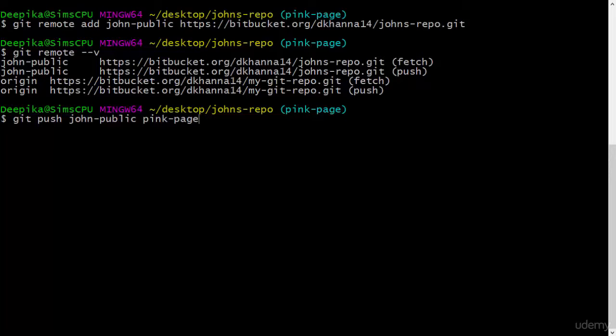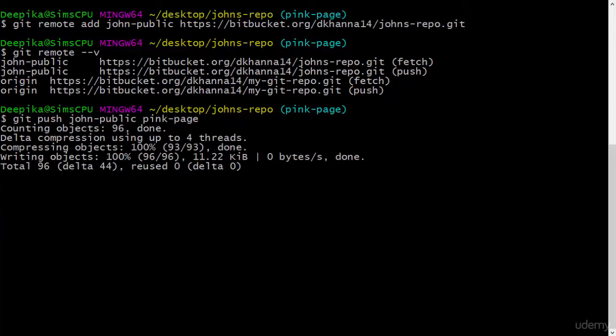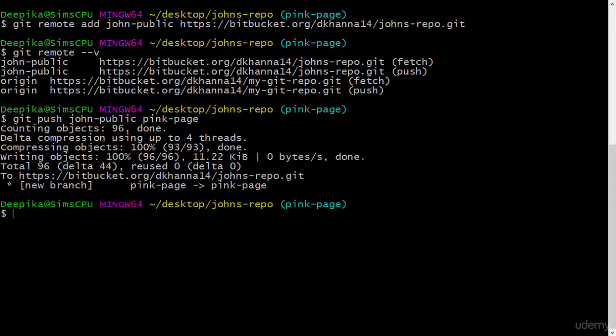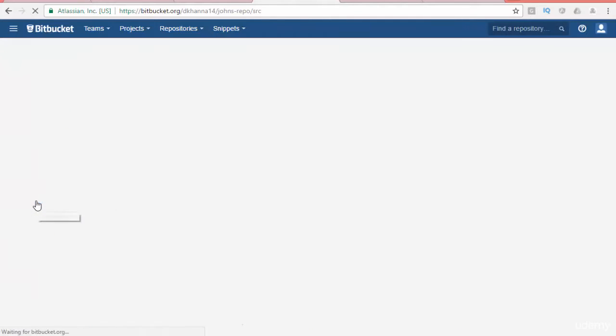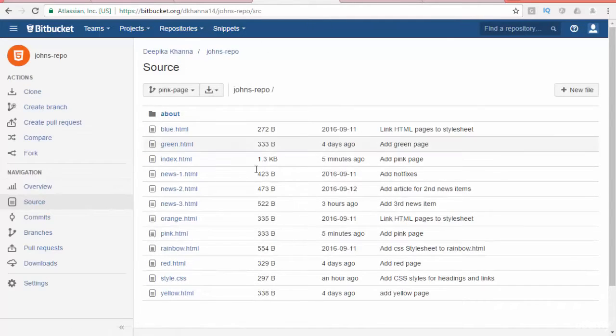Now once we hit this command, git push John's public, it pushes to John's public repository. Pink page is the name of the branch that we want to push. What is this John's public? John's public is nothing but this particular repository that we created, the public repository that we created for John. Once you hit that, it has pushed the changes. Now if you go back here and refresh this page, come back to the source, you will see all the changes that were in the pink page branch present here,